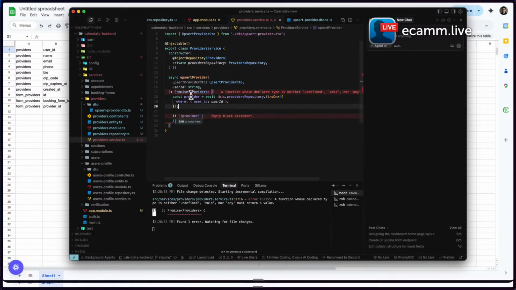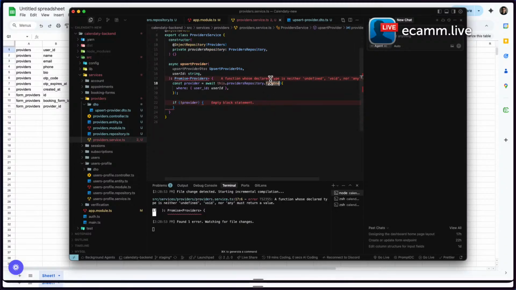First it checks if there is an existing provider or not using the provider repository. It uses a function called find one, which finds one record using this data. So where the user ID,